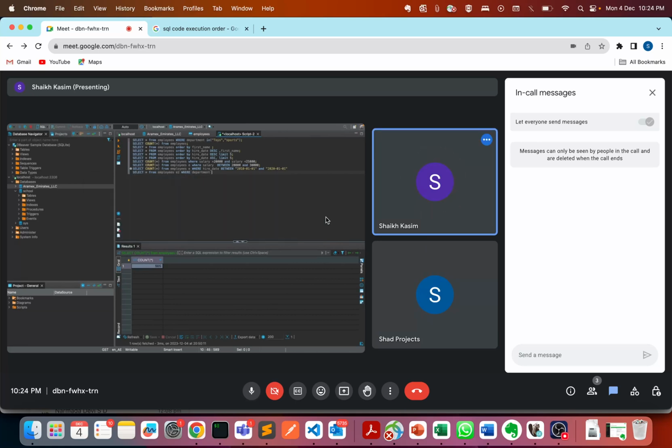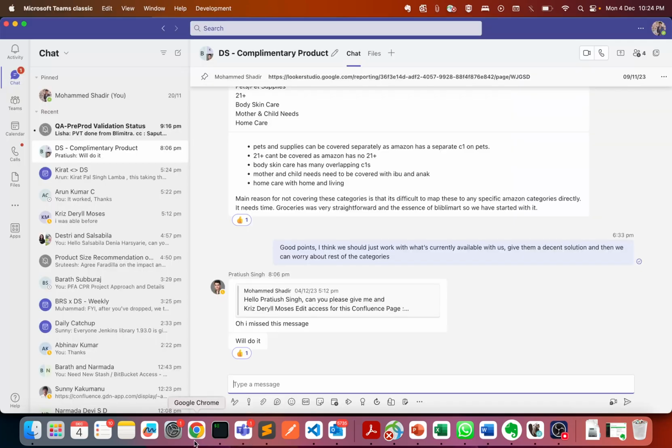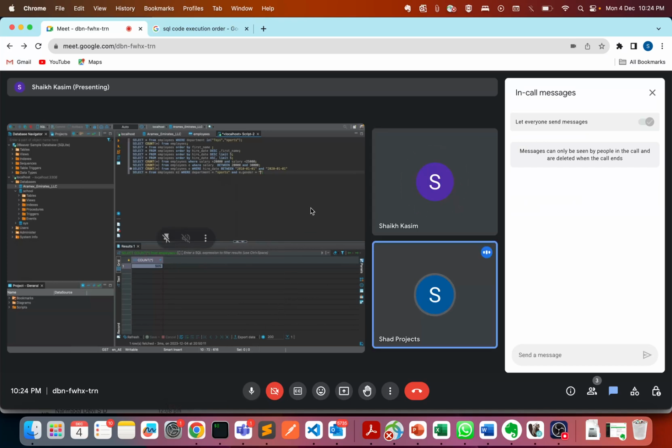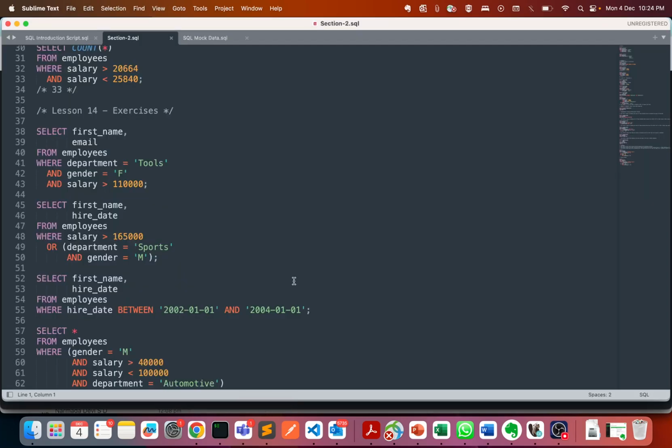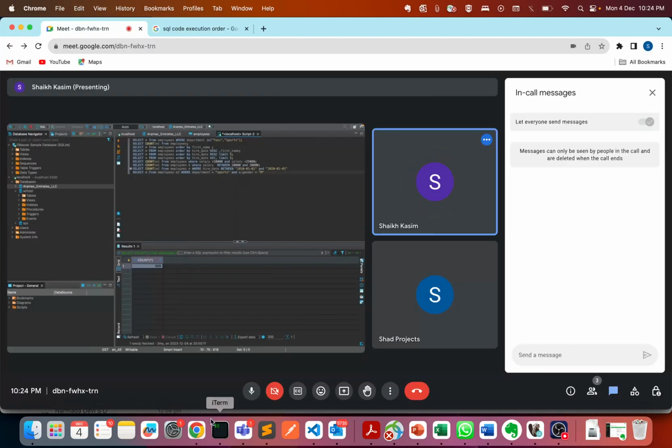department is equal to sports, and gender is equal to male, correct? Yes, male. The gender male would be M, just capital M. Or